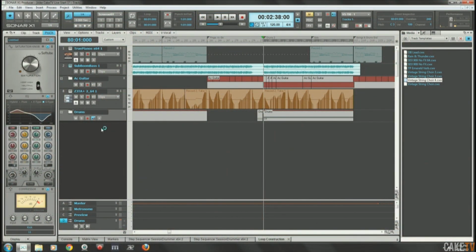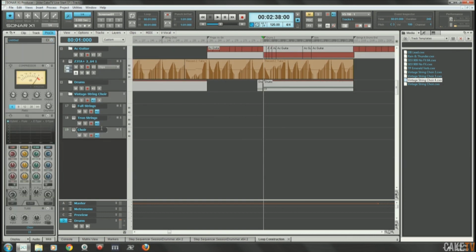So you load up all your virtual instruments, you stack them all up together, turn all their input monitors on with Control-click on input monitor, so it turns them all on together, route them to a bus maybe, pan them out, balance their levels, put your effects on them, and boom, you've got your patch right away. So that's what this is, and we'll go through what it is in a second, but I'm just going to drop it in. It's going to instantiate three Dimension Pros and load up all their patches, and right away,